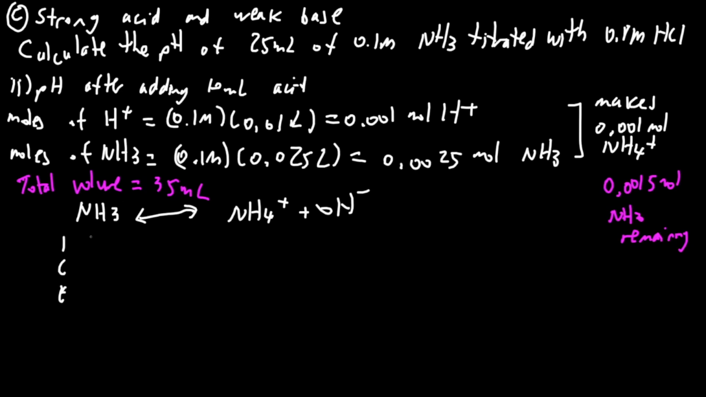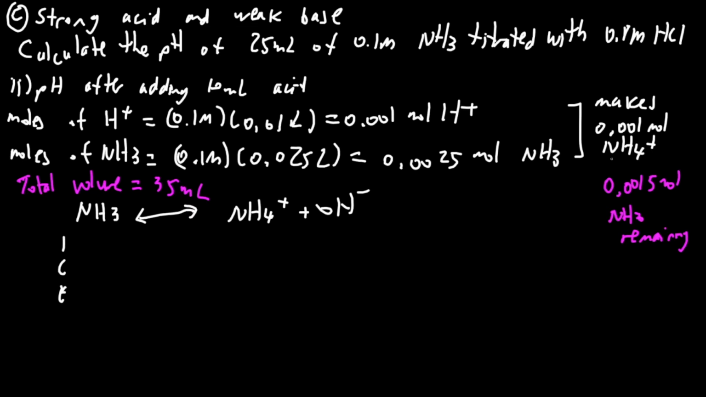So next, we're calculating the pH after adding 10 milliliters of acid. This means that we have 0.01 molar of acid times 0.01 liters of the acid, so that's 10 milliliters. This gives us 0.001 moles of our acid, of our H+. We already know that we have 0.0025 moles of NH3. When you add it together, you're going to neutralize, and you're going to make 0.001 moles of NH4+, and you have 0.0015 moles of NH3 remaining because 0.001 was neutralized and it made the